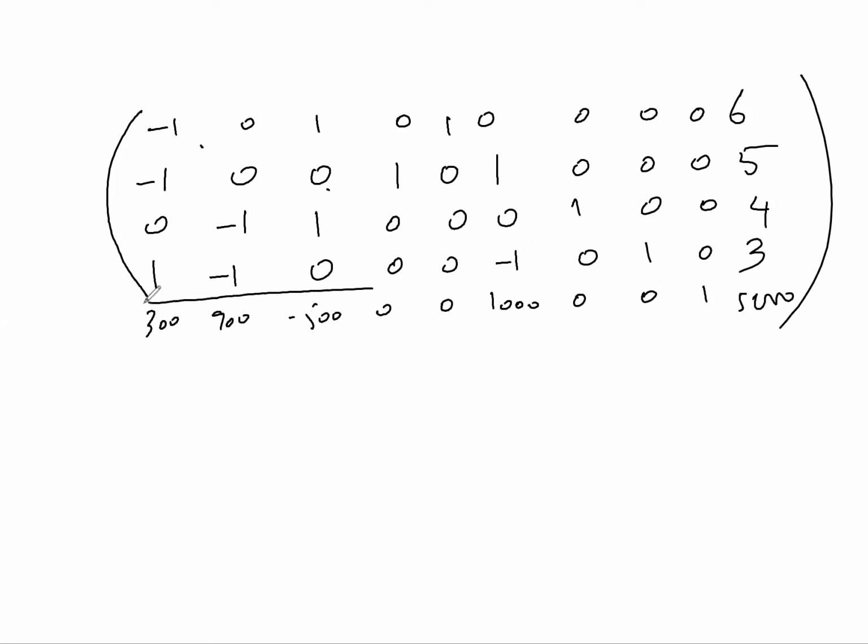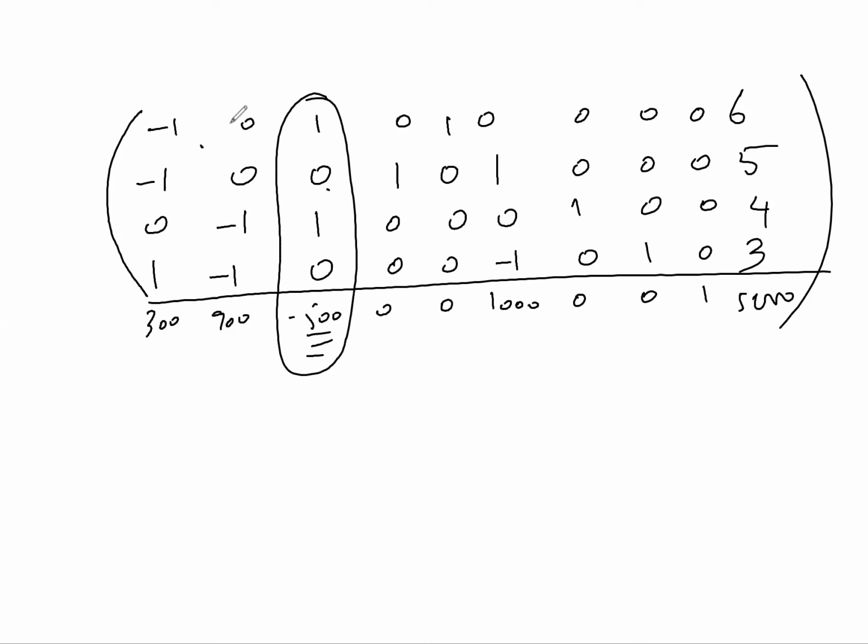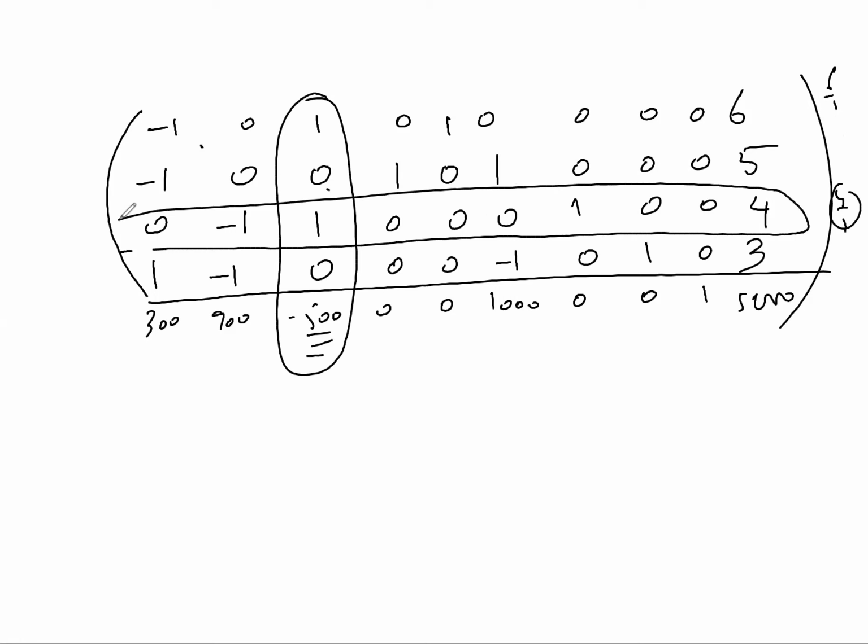5000. Now again in the bottom row we will see the most negative number is minus 500. This is our pivot column, and 6 divided by 1, 4 divided by 1, so 4 is the smallest quotient. So this is our pivot row. Now this is our pivot element. With the help of this one, we will make zeros above and below. So when we make zeros above and below by applying all the row operations which are needed,